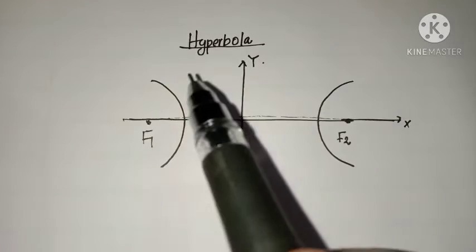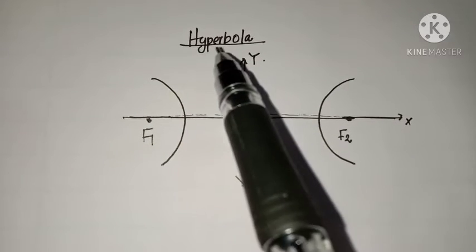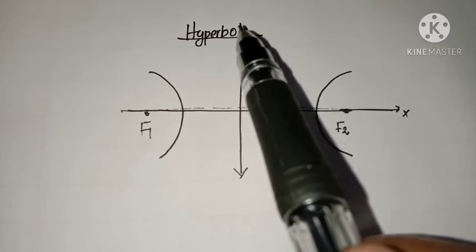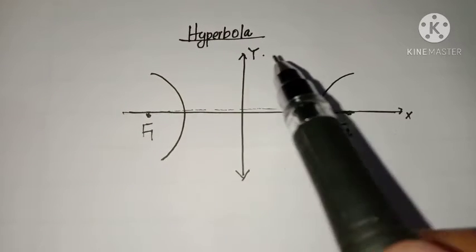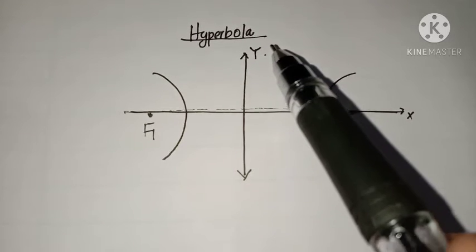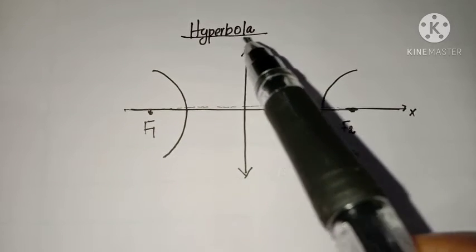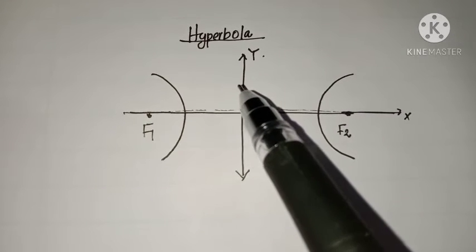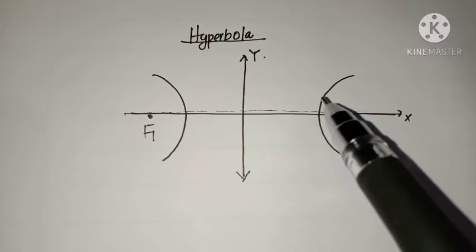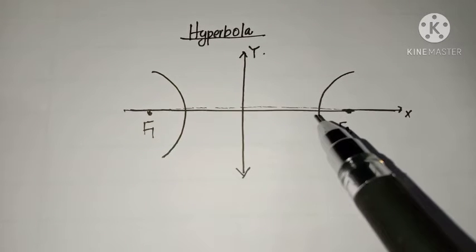Now listen, our next conic section, namely hyperbola. Before discussing hyperbola, I hope all of you watch the YouTube URL given. Go through the video, then you can easily understand the concept of hyperbola. Anyway, in simple words, we can say a hyperbola is a pair of parabolic curves opposite to each other.